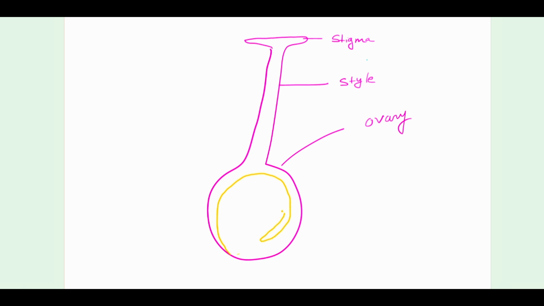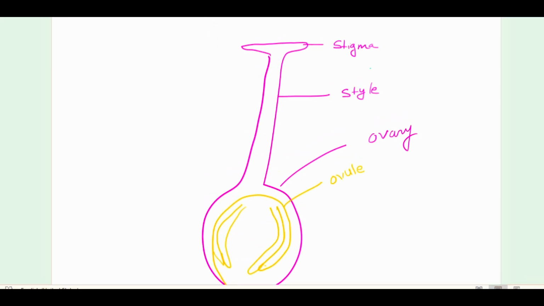Just draw these two integuments. No need to label each and every part of the ovule. Majorly, those parts which are involved in the process of fertilization, we have to label them. So this structure is called as ovule. Now inside the ovule what is present? As we all know, inside the ovule we will have the final structure for fertilization, which we termed as what? It is termed as embryo sac or the female gametophyte.